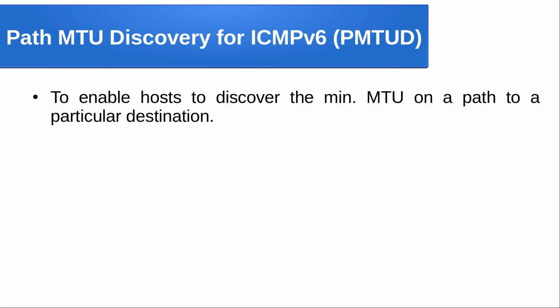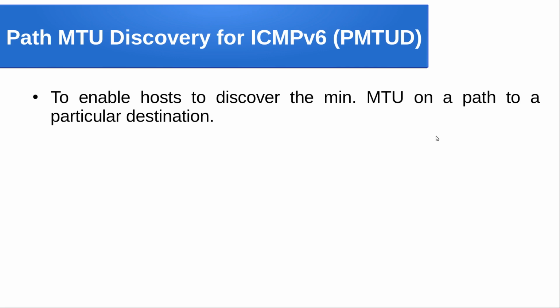That means from a sender, when I am sending some information to a receiver, on the way there will be different links, right, and each link will have a different maximum transmission unit, MTU. Say I have a source and a destination, and on the way two routers are there. From the source to router 1, that link supports a maximum transmission unit of say 100 bytes. I am taking an example. From router 1 to router 2 say it is 300 bytes. From router 2 to destination say it is 200 bytes. So 100, 300, 200.